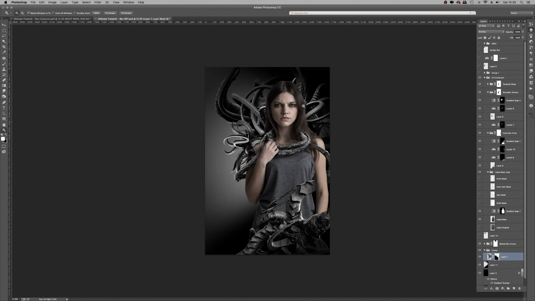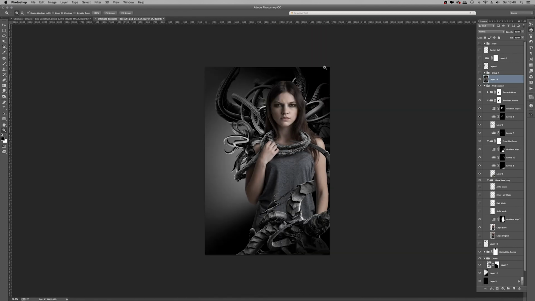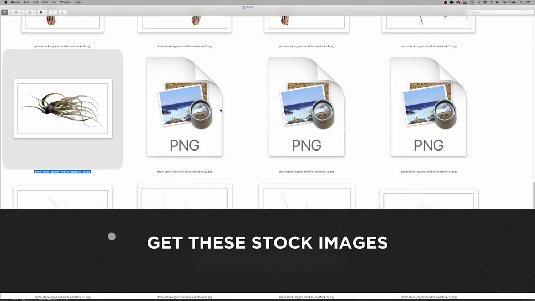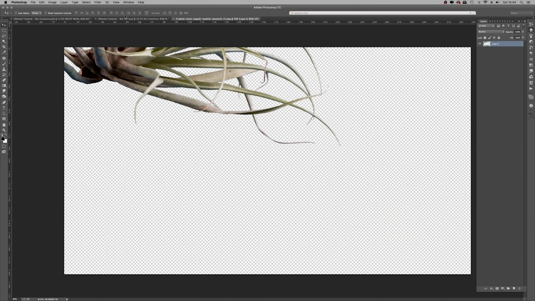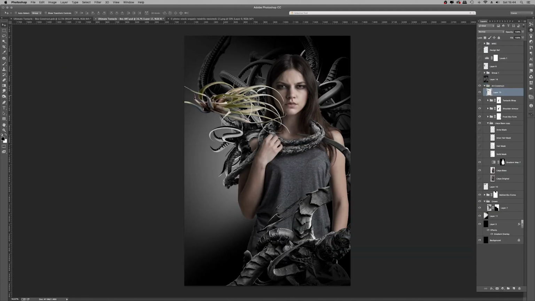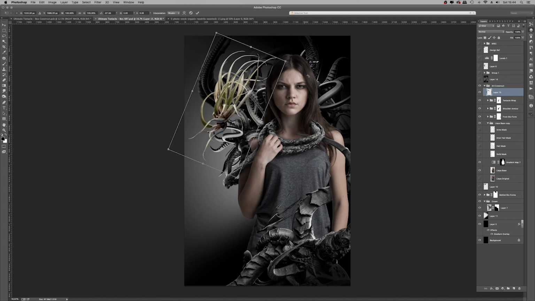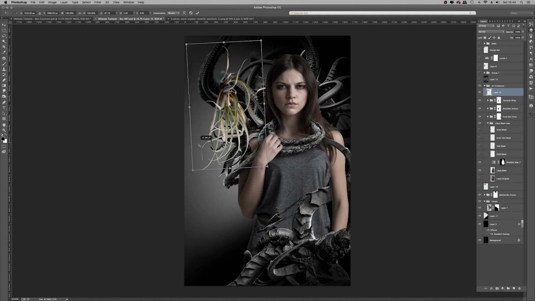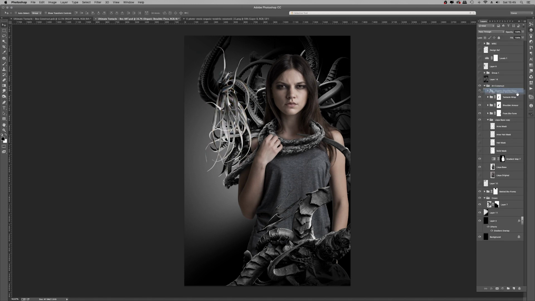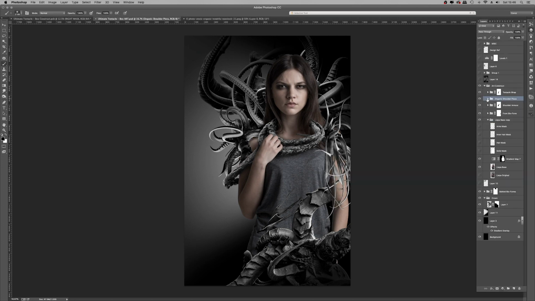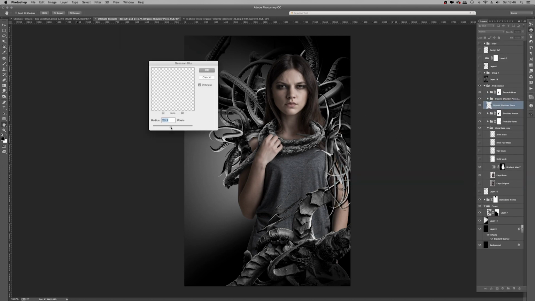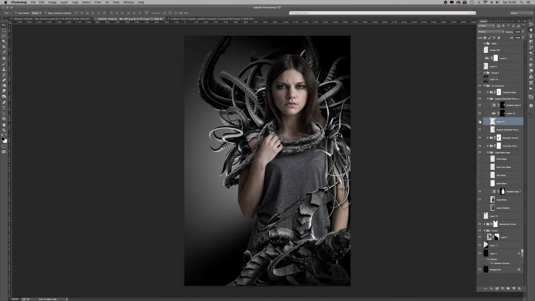Now the tentacles behind the model took me a bit of time to figure out what I wanted to do for that, but in the end, I think I just changed the blend mode to overlay, so it wasn't as stark and punchy as the elements in front. Now these are a fun bunch of assets. They're air plants that we shot in the studio because they looked kind of alien-esque, real pleasing organic tendrils. And I thought that would look fun as a kind of piece of frilly shoulder armor, quite regal.